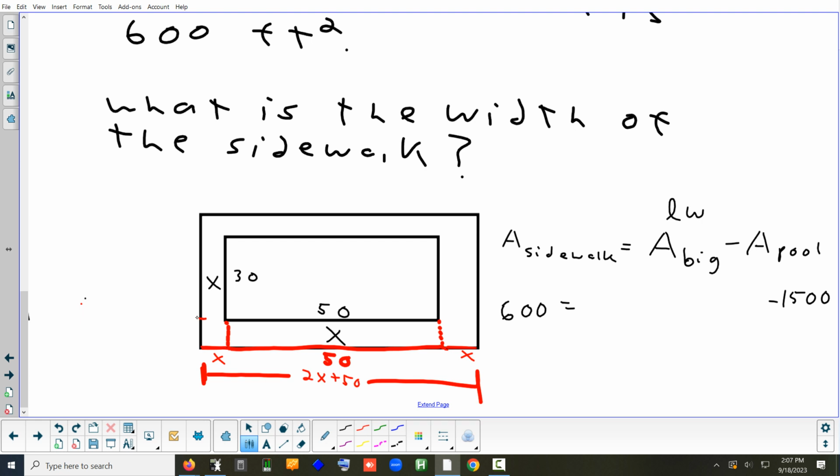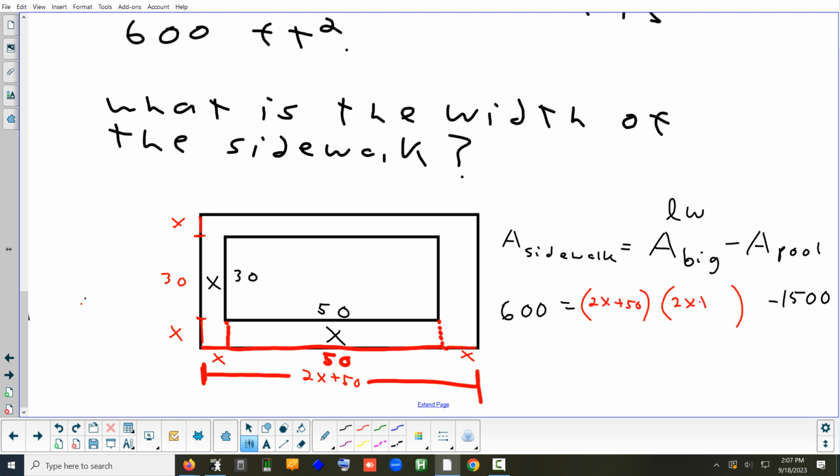Now the width is the same idea. From there to there is 30. From here to here is x. And here to here is x. So what's the width? 2x plus 30. Yep. So length times width. So 2x plus 50